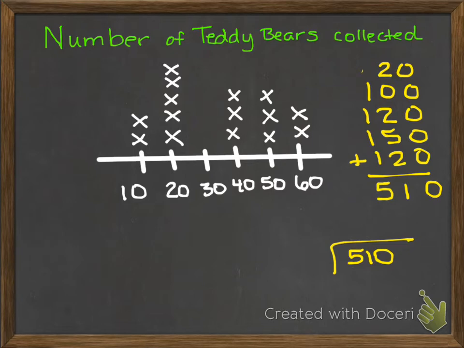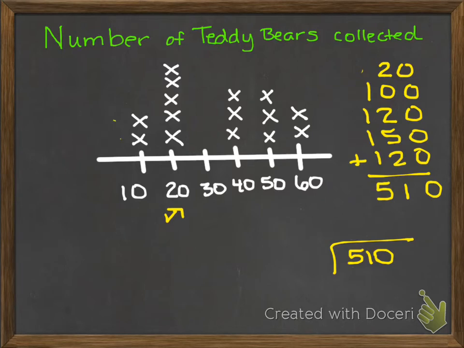Now, as you can tell, I didn't use the raw data. I went, okay, 10, 20, and then 20, 40, 60, 80, 100. That was counted from the 20s column. There were no 30s. We had 40, 80, 120. 50, 100, 150, and then 60, 120. So when you add all that up, you get 510, and then we're going to divide that by the number